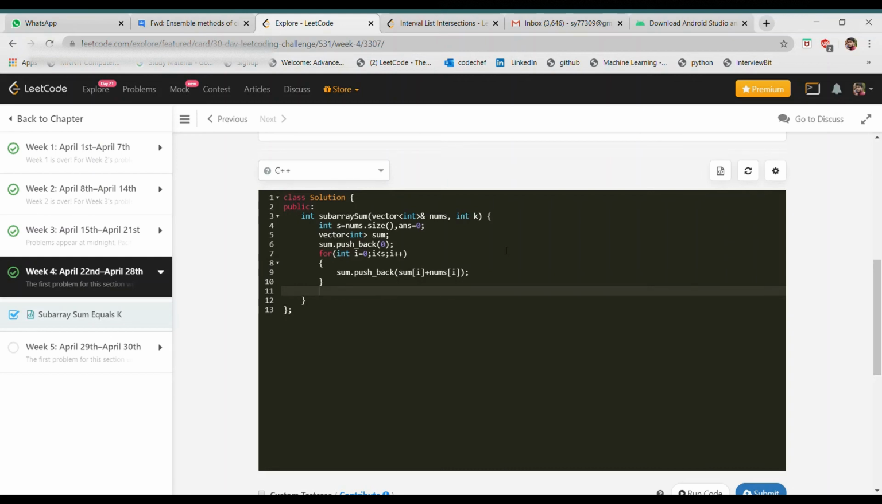Now we have to iterate through every possible continuous subarray and find its sum using this cumulative sum array in big O of one time, and then check if it is equal to k or not. If it is equal to k, then we will count it into the answer, otherwise we will not. So for that, for int i is equal to, this should start from 1, i less than s plus 1, i plus plus, sorry,